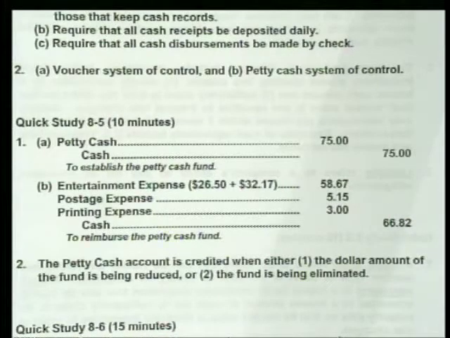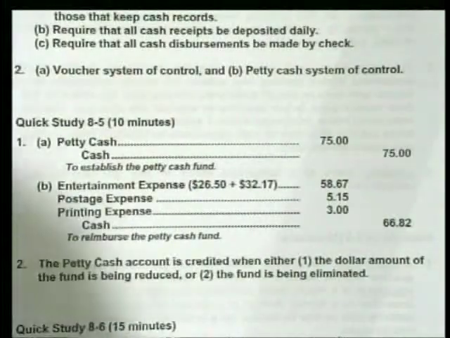Then the second step is I list the expenses and I book those. I go through the receipts. And then the third step I ask myself is, does this thing balance? And it does balance, doesn't it? Okay? It does balance. So we don't need to debit or credit a cash over and short account, correct? And then the next thing they ask is